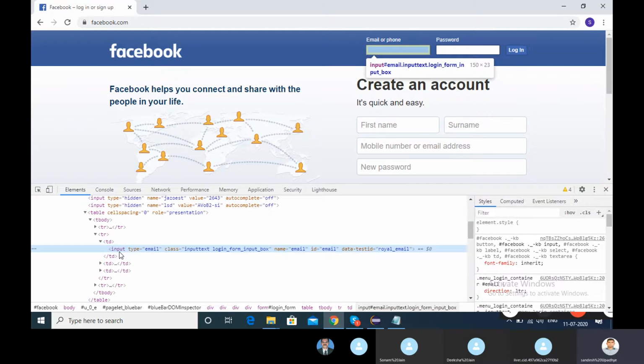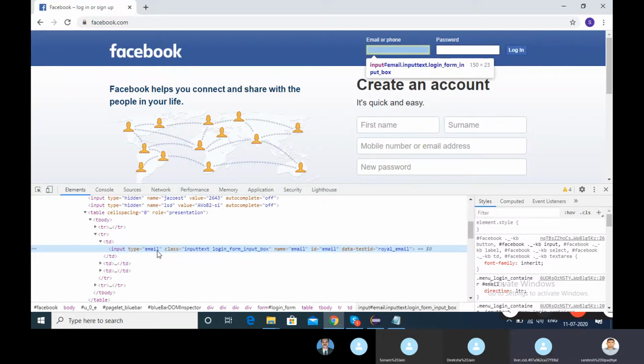So what happened with these text boxes? The first thing, whatever you are seeing, input means text boxes. So input is nothing but the tag name. You want to input something. These are the tag name, and the type or class or name or ID, whatever you are seeing here, these are the attributes. So type is an attribute, class is an attribute, the orange color names, whatever you are seeing, that is the attribute: name, ID, data test ID, these are the attributes.